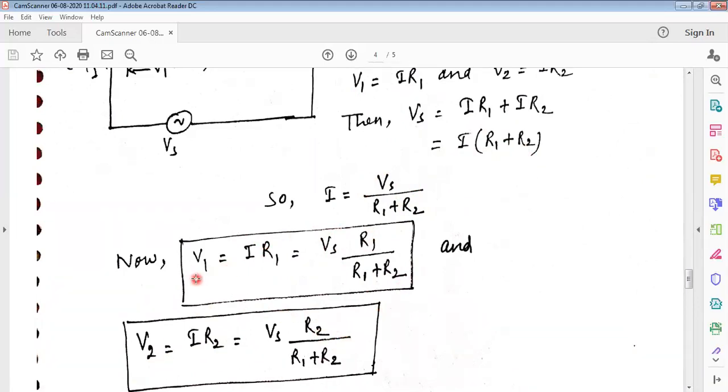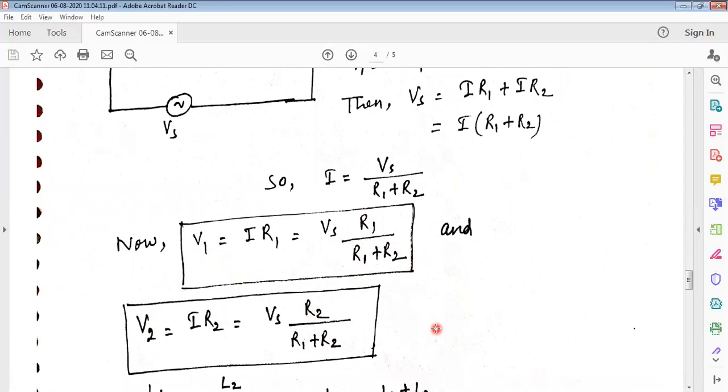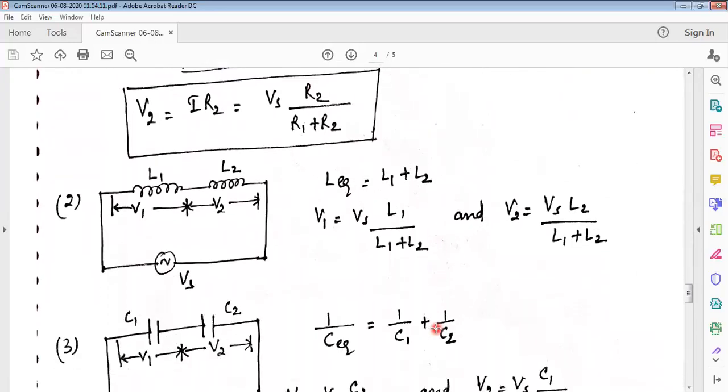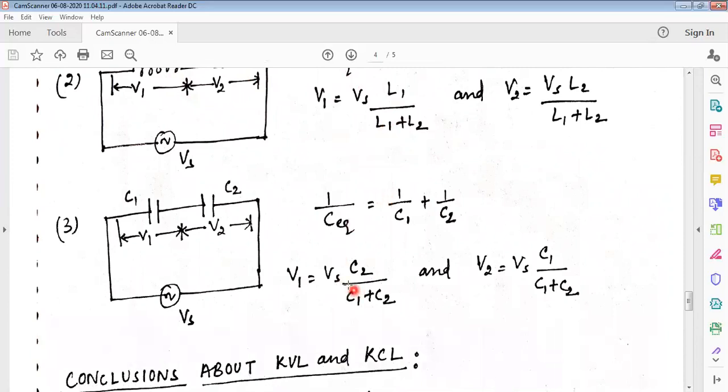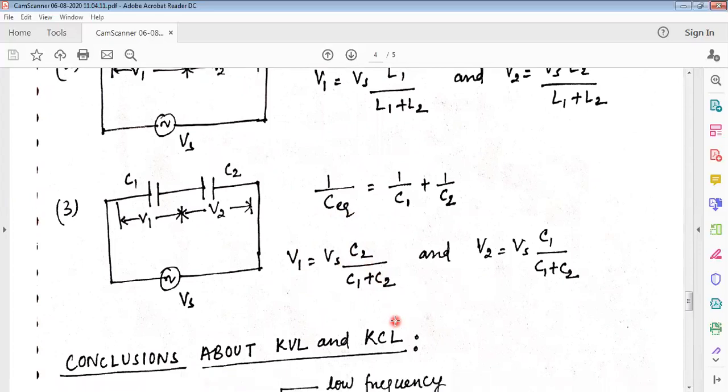So in voltage division rule, if you are finding V1, then the same resistance you have to take, divided by the total resistance, multiplied with the total voltage. Here it is the same resistance. In current division rule, the resistance was the opposite resistance. Similarly, if two inductances are connected in series, the same formula you have to apply for inductance, and for capacitance, the formula will be opposite. In place of V1, you have to take the opposite capacitance. So this is for the case when two capacitances are connected